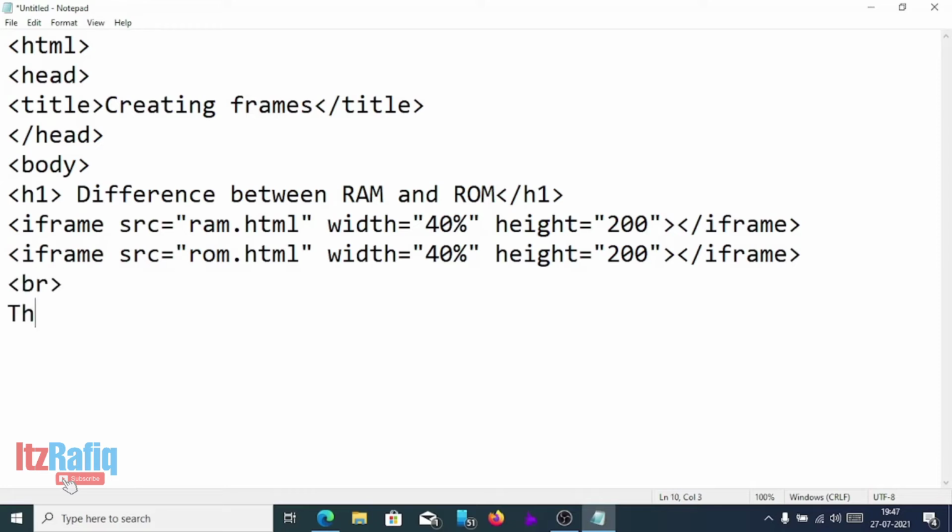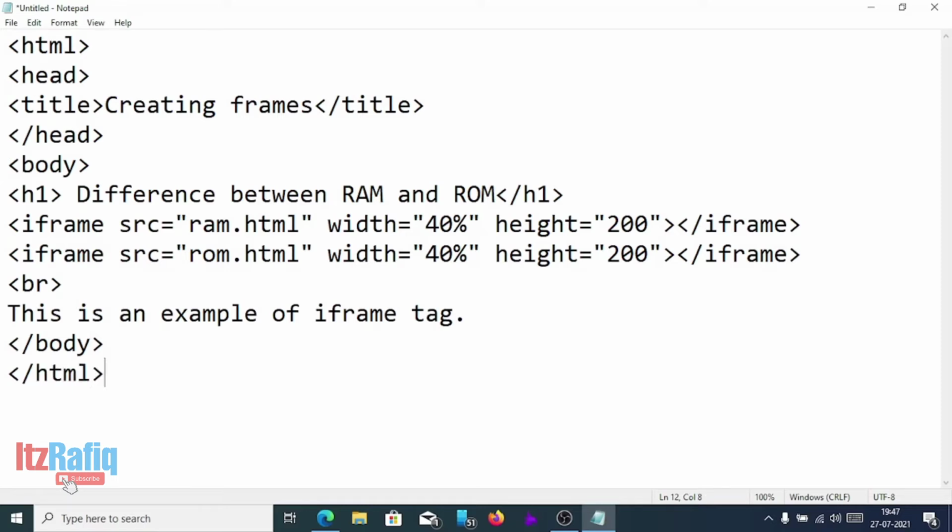This is an example of the iframe tag. Then body close, html close. So this is my main page.